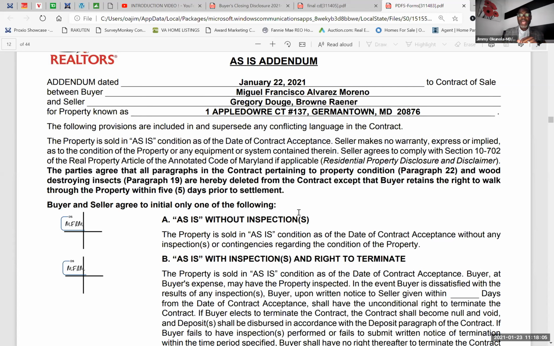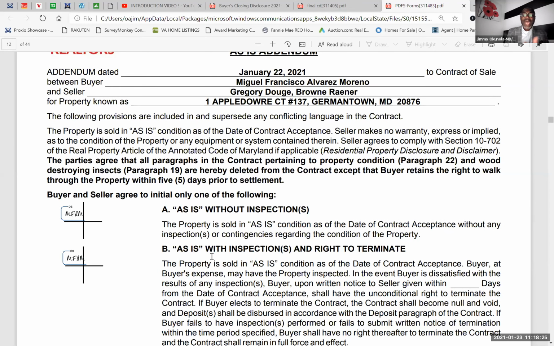They're either going to say we want as is without inspection, or as is with inspection, whatever they want to do. But you can fill it out. You can include it yourself, even if they don't. You can say, but you only got to pick one, not two. If I'm going to use this and I'm picking one, I use the as is. I understand you guys want to sell the house as is. I understand you're not going to repair anything. It doesn't matter what we find. I understand all of that, Mr. Seller. However, my client understands that, but they still want to buy your house as is, with inspection, and